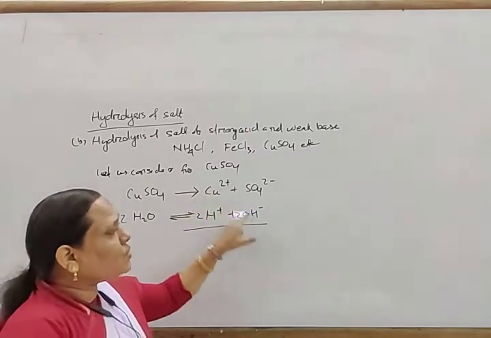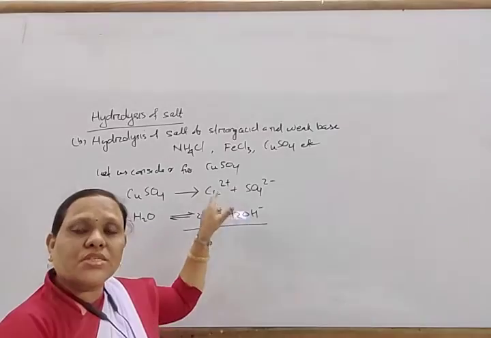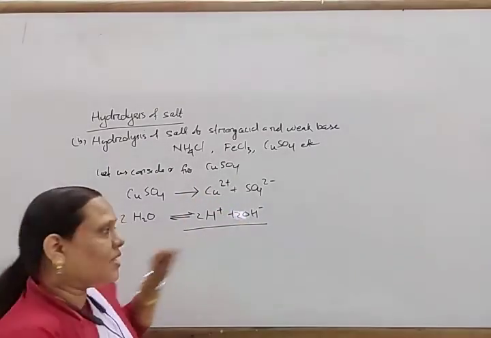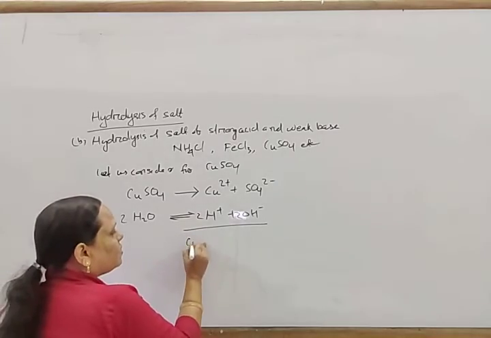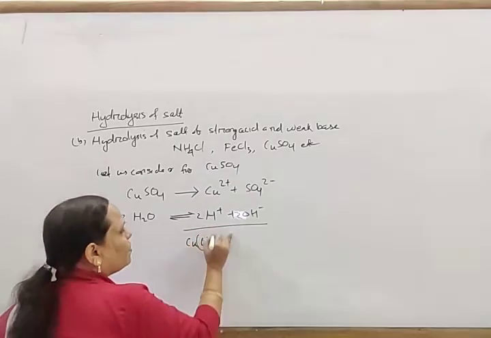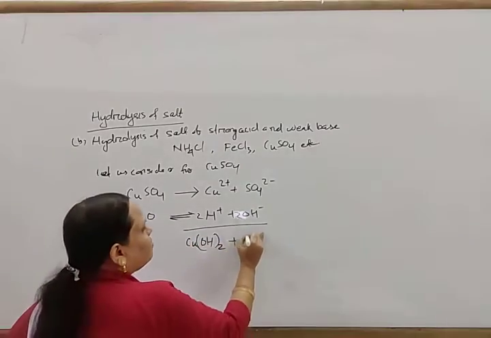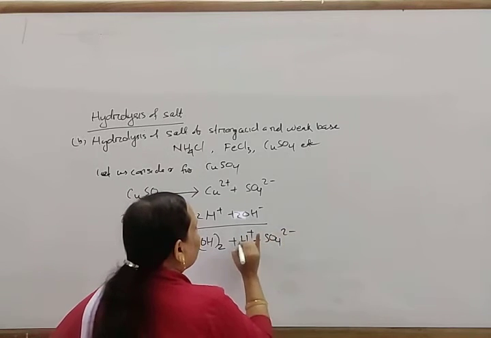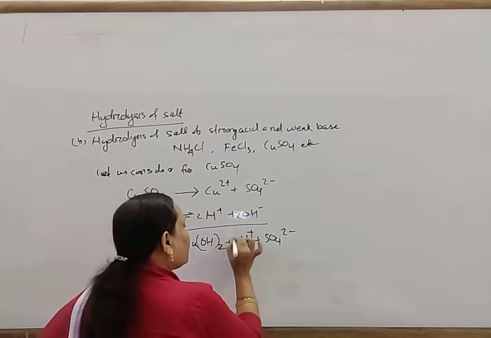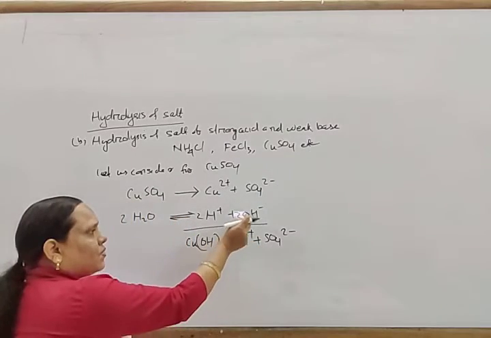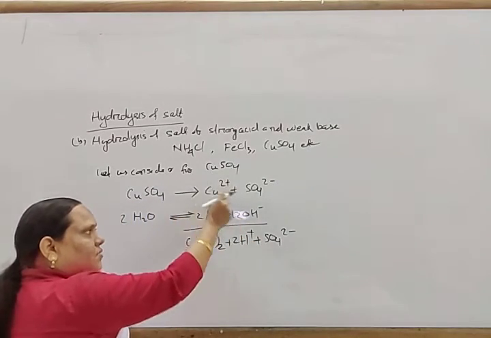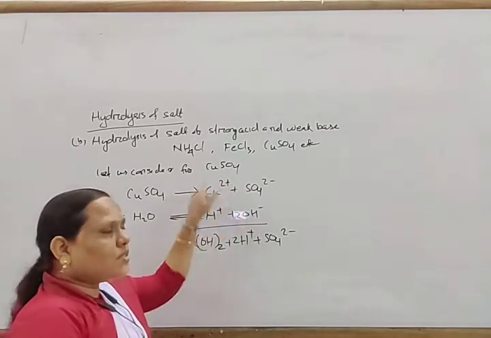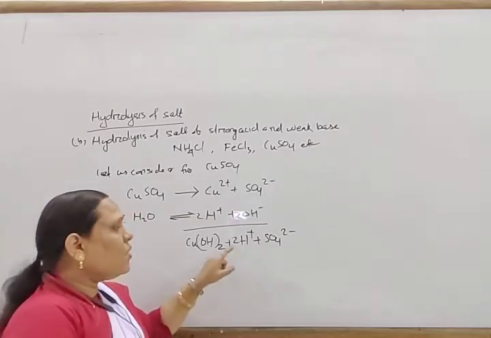So in this way these two combine to form copper hydroxide. Here copper reacts with the OH minus ion. So the resulting solution contains Cu(OH)2, H plus and SO4 2 minus. As the Cu2 plus combines with the OH minus, there is no OH minus left, only H plus ions